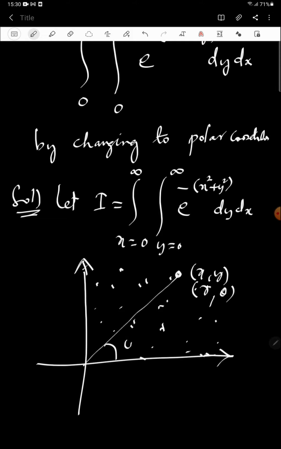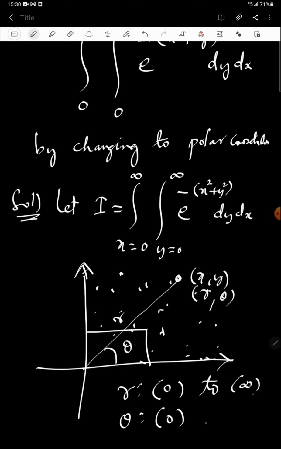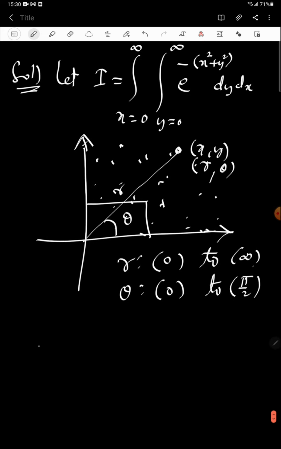So this angle is theta and this length is r. To move that point in the first quadrant, r will run from 0 to infinity, but theta will be only up to 90 degrees. So the value of theta will run from 0 to pi by 2, that is 90 degrees. Pi by 2 radians, that is 90 degrees. So therefore our new I is now going to become,